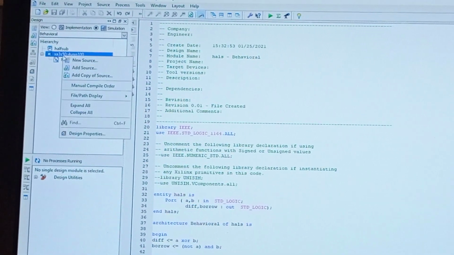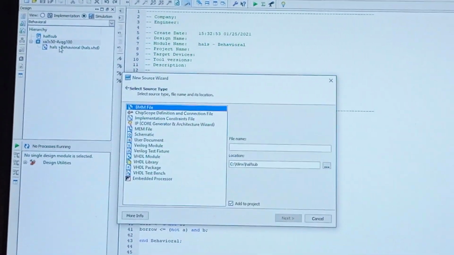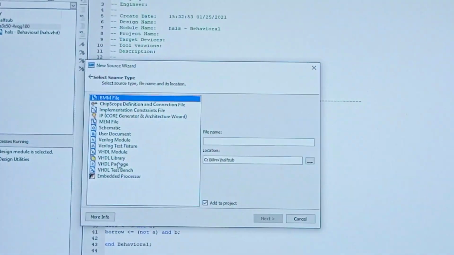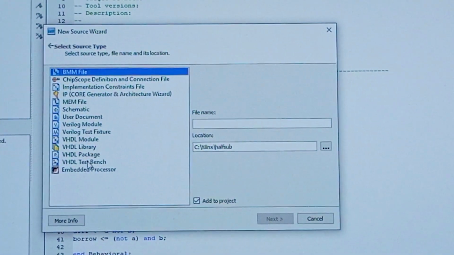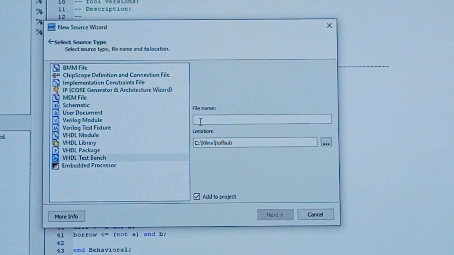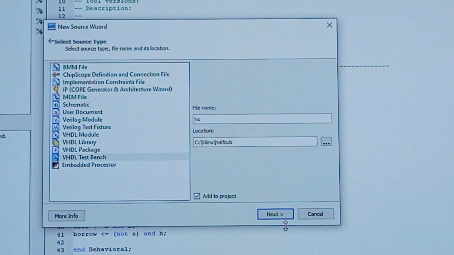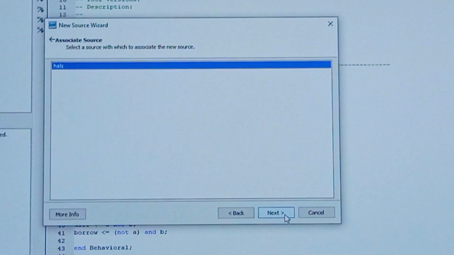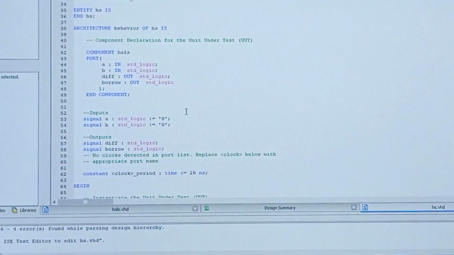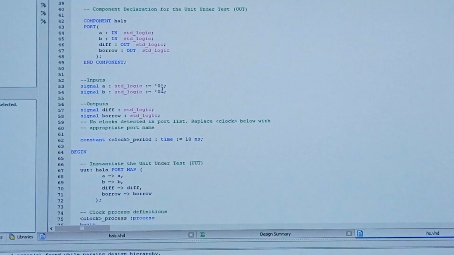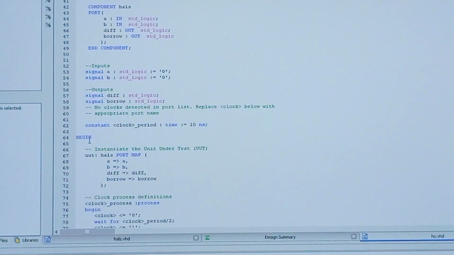Right click on this. Take new source. Select VHDL test bench and give the name half subtractor. Give next. Finish. Now here initial value 0 0 will be given. So remove the clock coding.